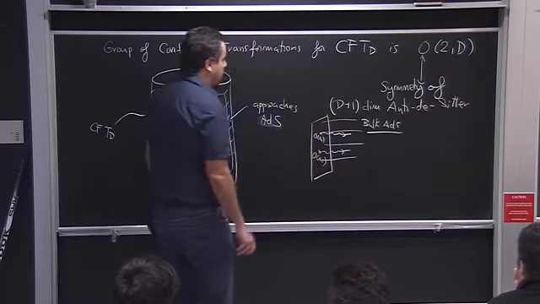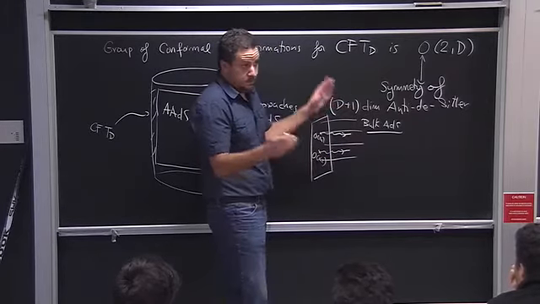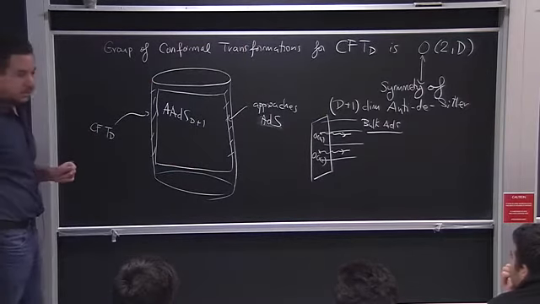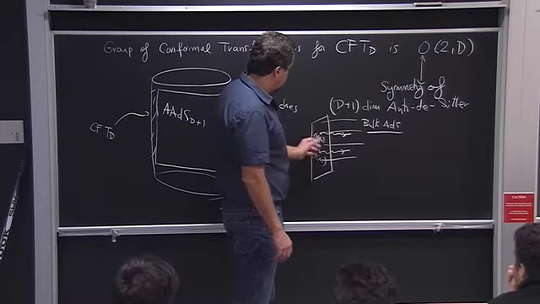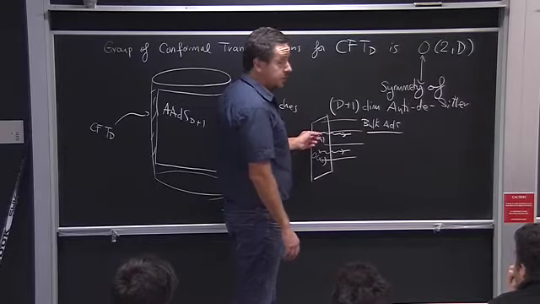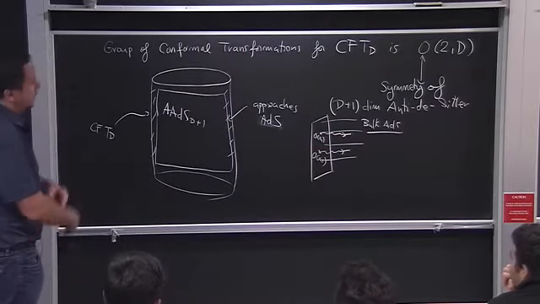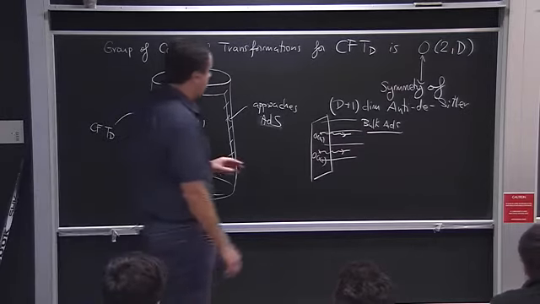And then you have a one-to-one correspondence between bulk excitations. A simple example would be empty AdS space with a few gravitons floating around. This is described in the boundary theory by a certain insertion of operators in the boundary that inject some graviton into the bulk. And this is kind of the basic idea. You could spend three lectures just on this, so just to give you a flavor